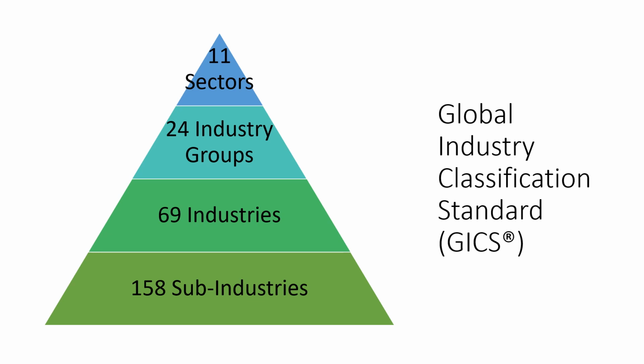The first step is to determine the industry sector that the company belongs to. GICS has 11 sectors: energy, materials, industrials, consumer discretionary, consumer staples, healthcare, financials, information technology, communication services, utilities, and real estate. GICS has 158 sub-industries. For example, the consumer discretionary sector has 13 sub-industries, such as automobiles and components, hotels, restaurants and leisure,